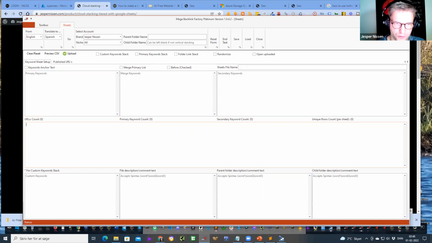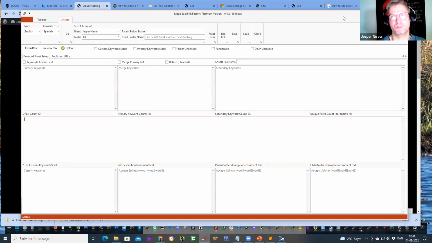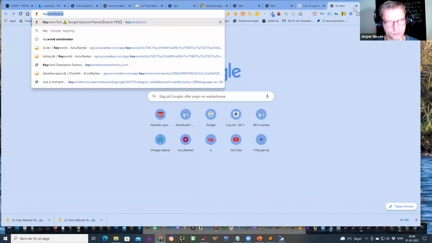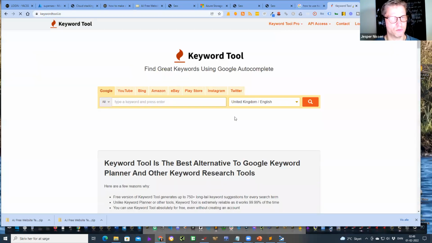You could say, and you would be right, that a link from a Google Sheet does not count for anything. I would tend to agree. But if you build a sheet with 10,000 links, it still matters a little bit.